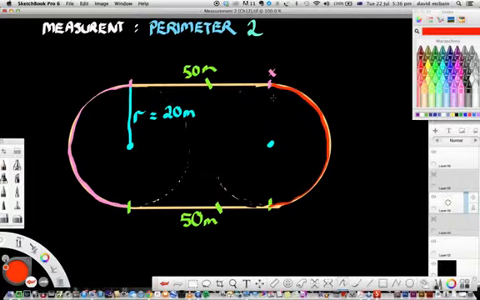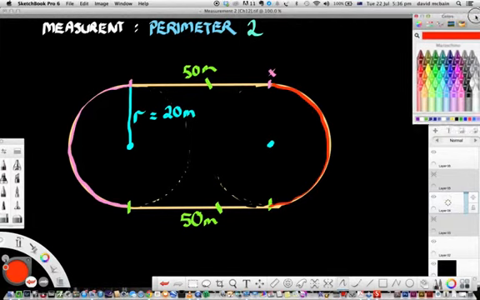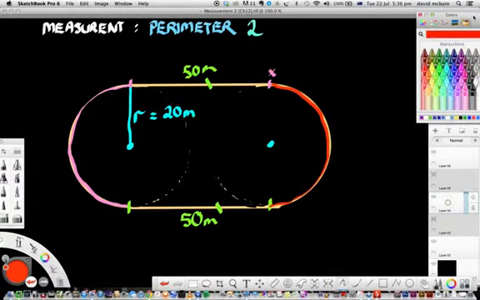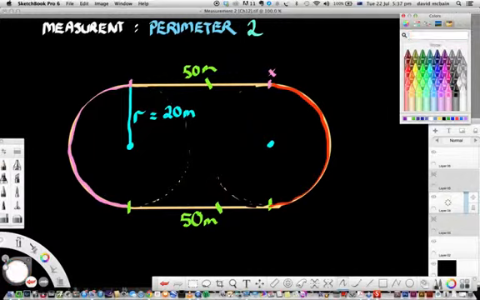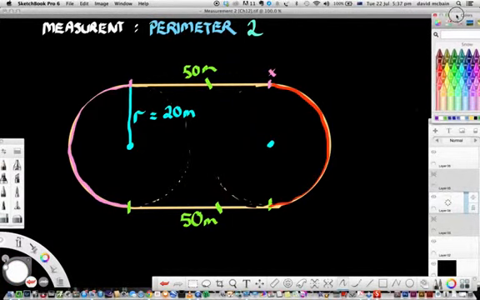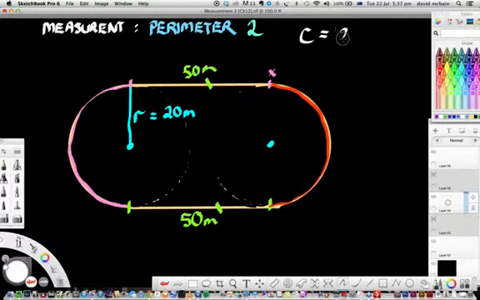Okay, I'm hoping you paused the video, and now welcome back. Let's go through and actually calculate the answer. So in this example, we knew that these two sides were 50. We have to work out this curve bit, which is the circumference of half of the circle. Okay, so once again we're going to use our circumference formula for a circle. So we know that the circumference of the circle is 2 times pi times r, so 2 pi r,